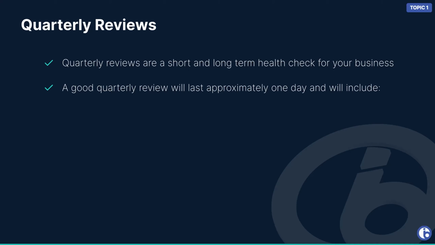Okay. So a quarterly review will include the following. Okay. An assessment of financial earnings over the quarter. Okay. So we're going to have a look at, over the past 3 months, how much did the business earn? Okay. Now, we will have set ourselves objectives and targets, and we're going to talk about that throughout the rest of today's presentation. The most important thing for you to note right now is that in any good quarterly review, you will have a full assessment of financial earnings over the quarter.